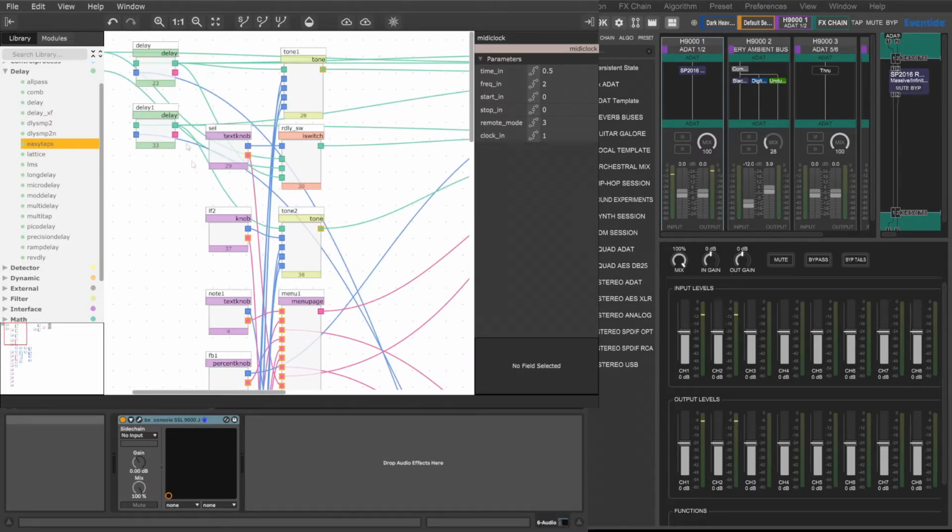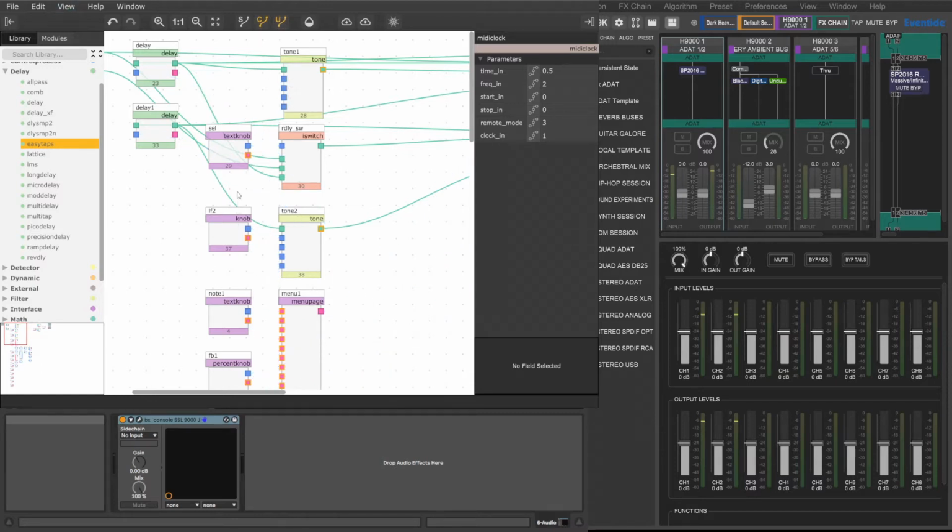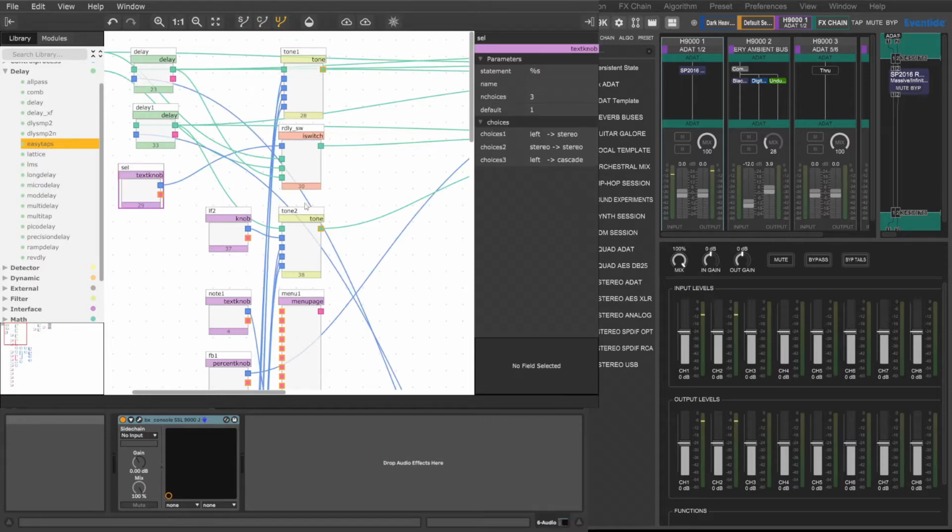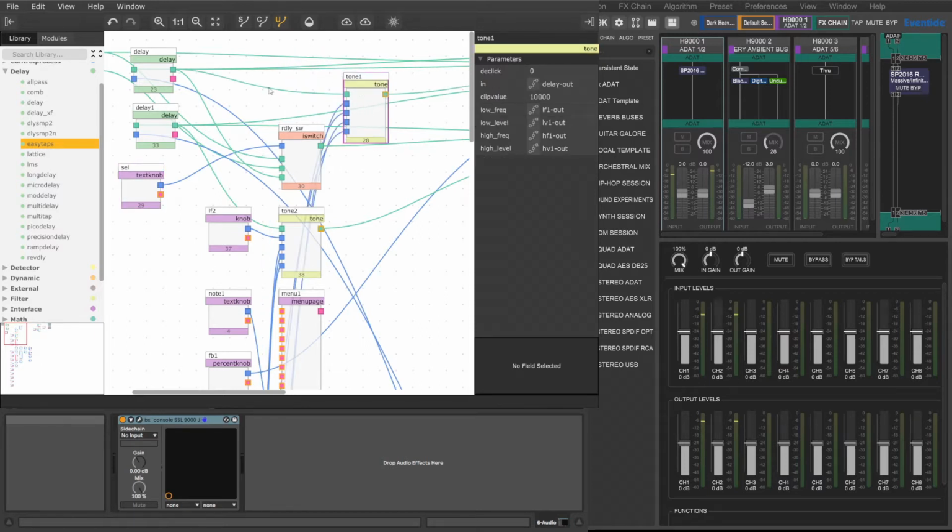And then, let's just turn off these for the time being. So we'll just look at where the audio is going. Let's just line these up. All right, so we've got one of them going into this tone, which is basically a simple tone control equalizer. So I think we might just disconnect these tone controls from the forward delay and put that back in the feedback loop. So to do that, what we want to do is get rid of this